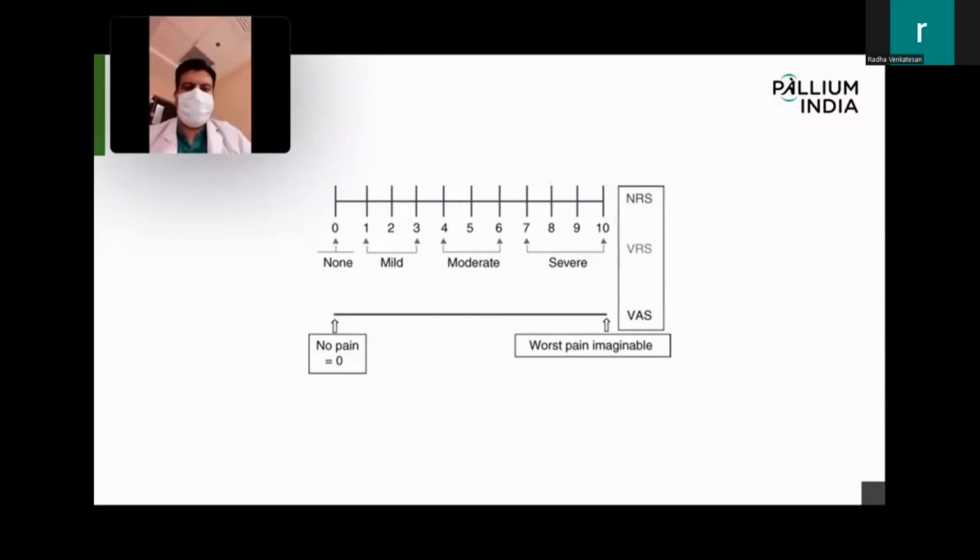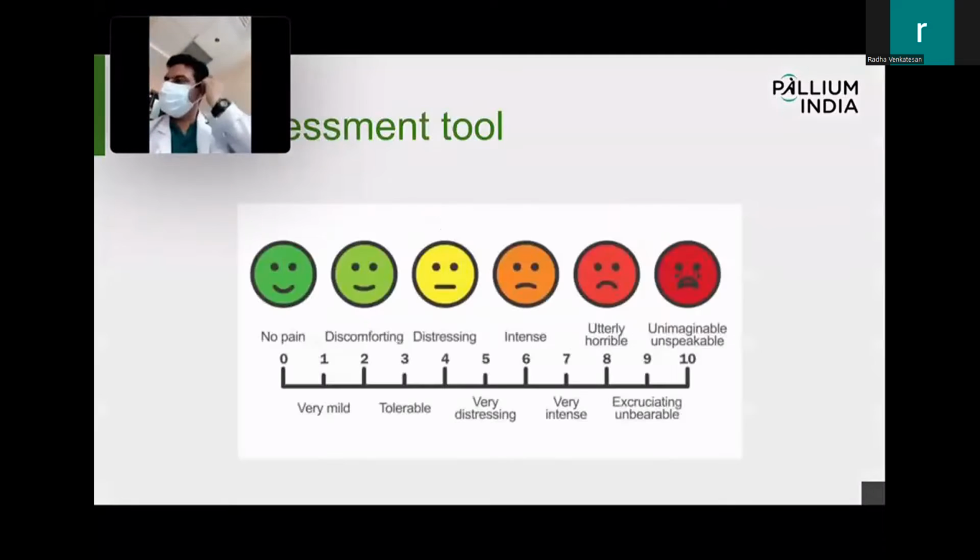So here we have the numerical rating scale and the visual scale, all represented in one. Nowadays, for most patients, we say if 0 is no pain and 10 is maximum pain, where would you put it? Or if they say a number is not fine, then whether it is mild, moderate, or severe. So with all those types of gradation, we try to explain and get the information in whatever is convenient and comfortable for them. And you also have the pictorial representation. This is another one.